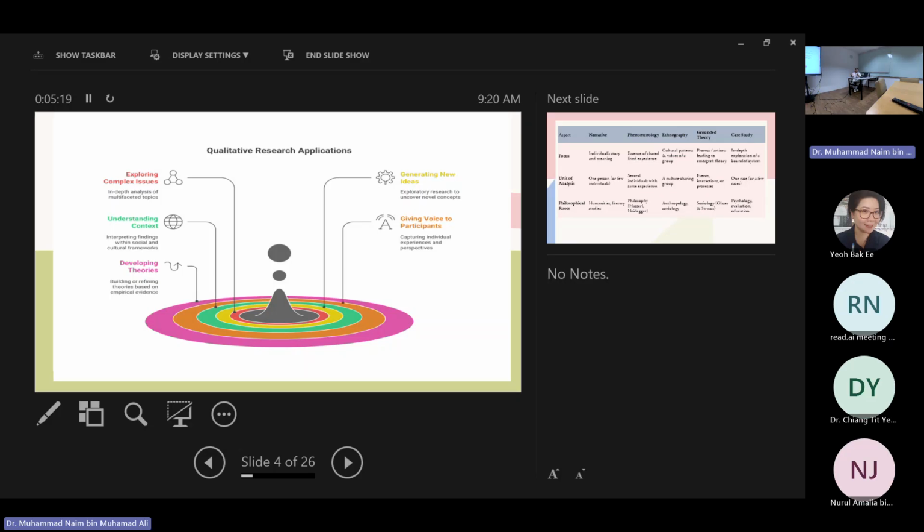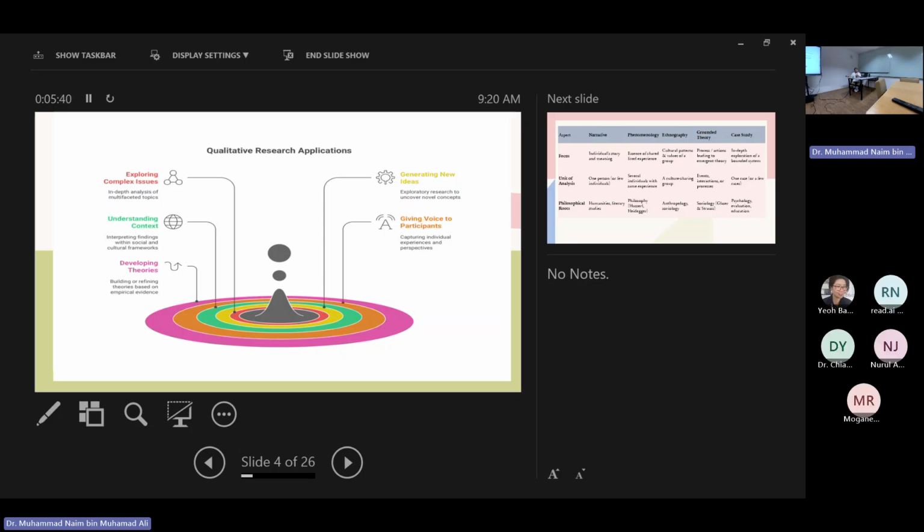For example, I'm currently doing research on technology-facilitated gender-based violence. Back then, we never heard of gender-based violence, and it can come in several forms. Technology-facilitated gender-based violence also comes in several forms, for example revenge porn, doxing, cyberbullying, and so on. These are the concepts that we are trying to explore and unfold.